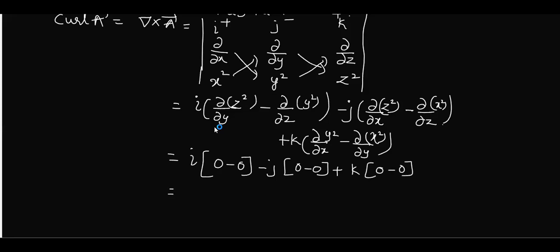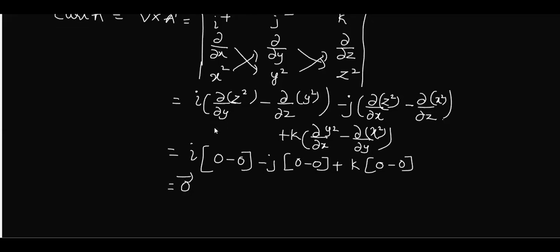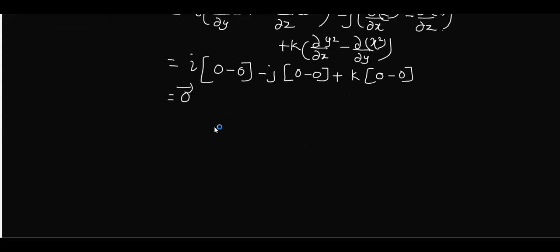So altogether, what is remaining? Nothing is remaining, 0. Shall I write it as 0 vector? If you write only 0 it will do, but I'll write it as 0 vector. Can anybody tell me why I have written 0 vector? Yes, when you apply a curl to a vector, it is always a vector quantity. Not to worry, if you don't give an arrow mark, they will not cut the marks. It's just for understanding. Now we have to find del square phi.